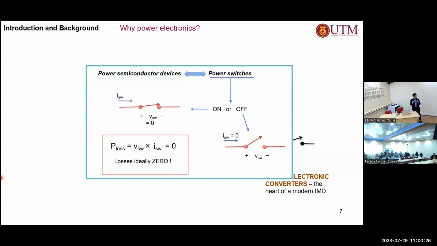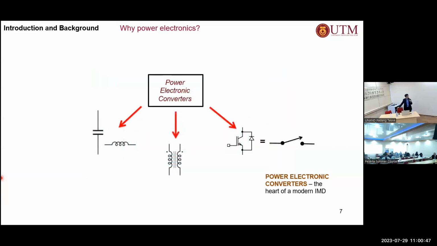In practice, of course, there will be a saturated voltage of the transistor. And then when you turn it off, the current is going to be equal to zero, but in practice, there will be a small leakage current present. But this leakage current and saturated voltage are going to be very small. Ideally, we know that the passive element has zero loss, but in practice, of course, there will be